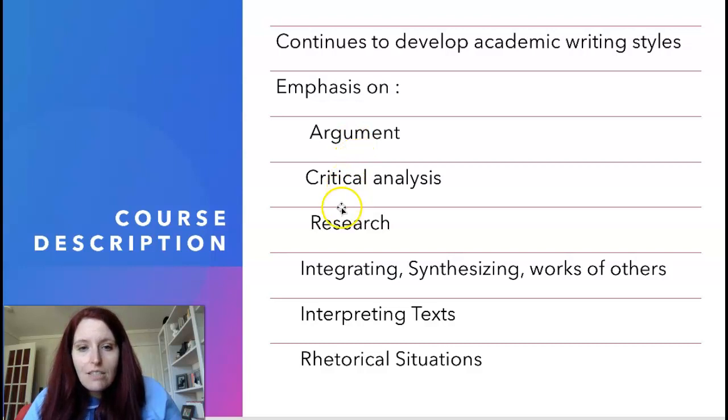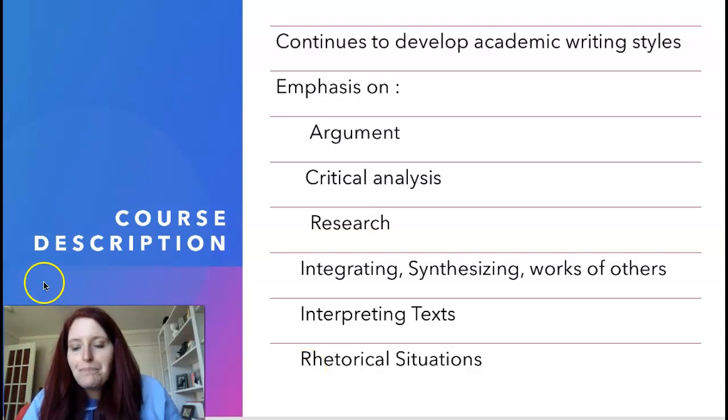Critical analysis, research, because 2 of your 3 major assignments are going to require outside research. Integrating, synthesizing the works of others or your outside sources, interpreting text, and of course we'll focus on rhetorical situations.